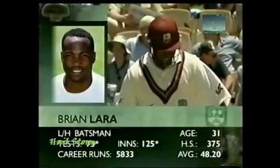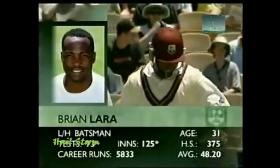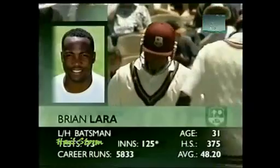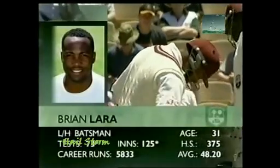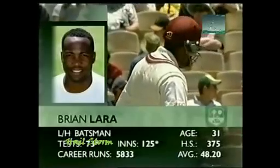Brian Lara. He's the key to the West Indian batting. He's coming off 231 against Australia A at Bellerive Oval in Hobart. This week he comes in at 2 for 52, and all of a sudden